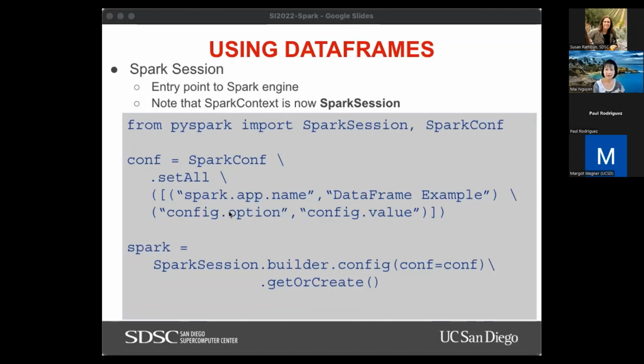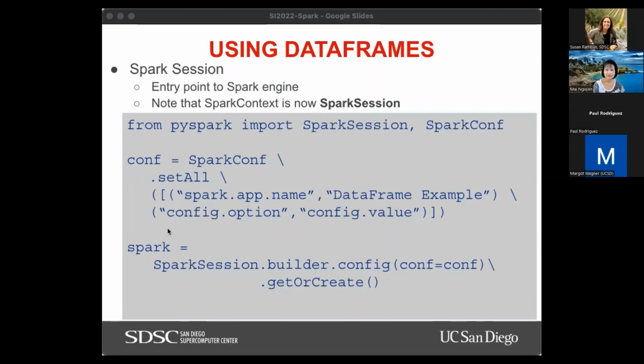When you write a Spark application, you write a Spark program, again, the first thing that you need to do is create a Spark session object. So what used to be Spark context in the RDD world is now referred to as Spark session in the data frame world. Again, this allows you to create data frames and allows you to access all the fault tolerance, the data partitioning, the data distribution that is provided by the Spark engine.